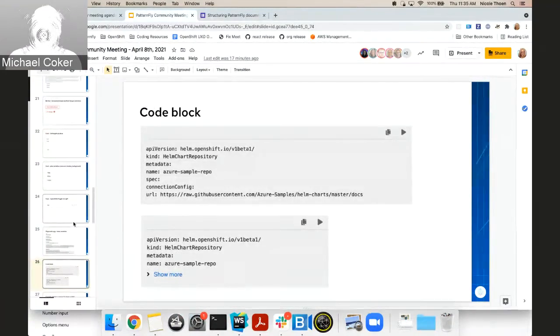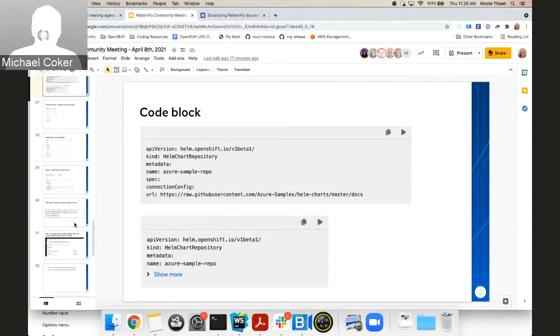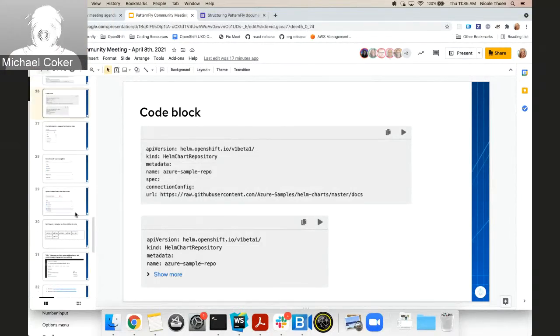And a new component for including basic code snippets, or code block, is a code block component. You can include code and actions in the top right. And then there's also a feature of this component that allows you to expand content. And so if there is more code in the block than there is available space, you can hide part of that code, and then there's a show more button that will toggle hiding and showing the additional content in the code block. And next.